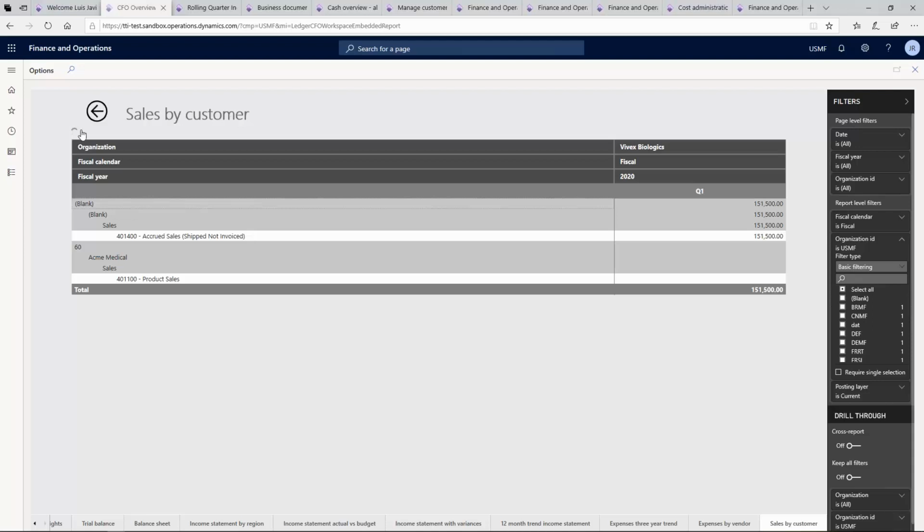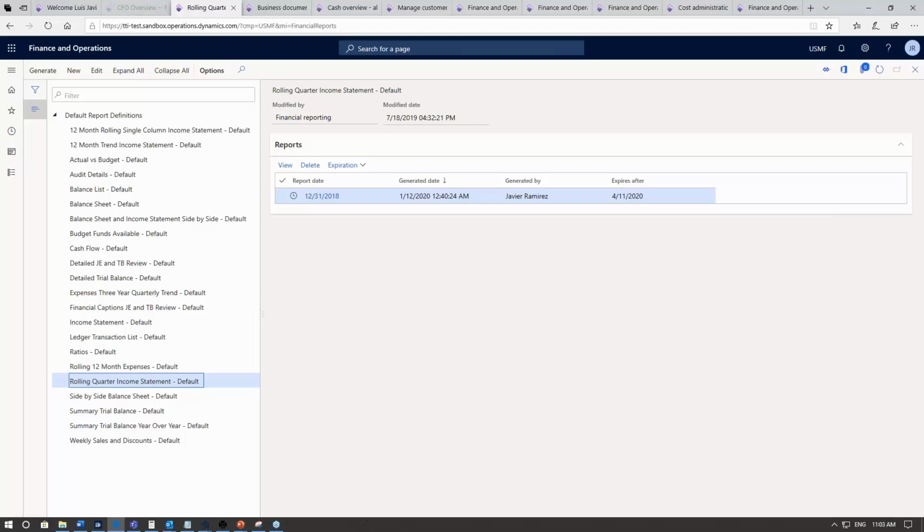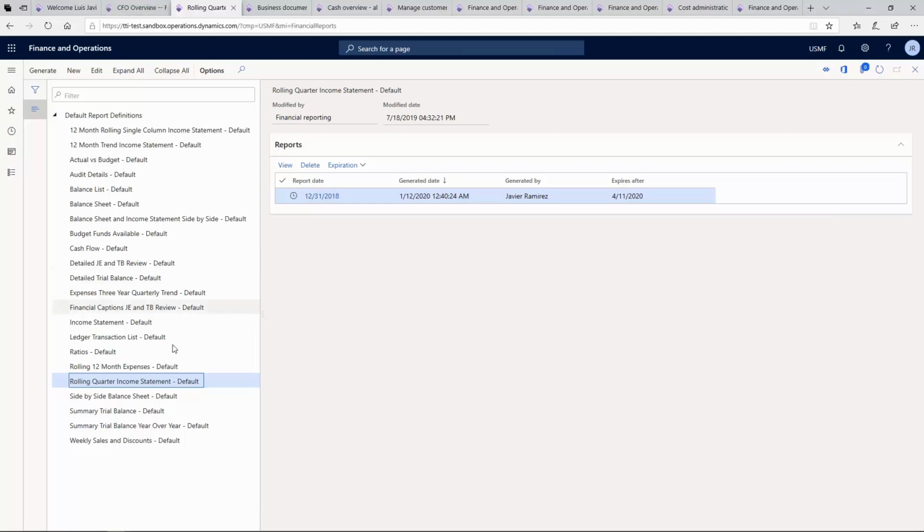So let's just wait a second so it loads. I think it's loading data from 2015. Okay, and in the meantime, let's say I don't want to wait, right? I want to go and start looking for other things. So since today it's a financial overview, I will be showing which ones are the financial reports that we have